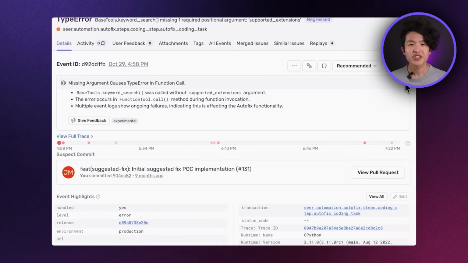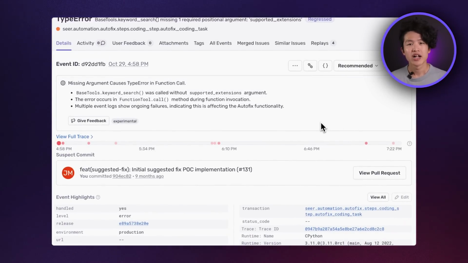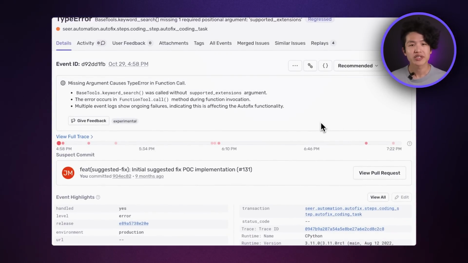I want to introduce two new features designed to make debugging faster and easier: AI Issue Summaries and Autofix. First up, Issue Summaries. This feature gives developers instant context, helping you quickly grasp the nature and the scope of a Sentry issue you're reviewing. Think of it